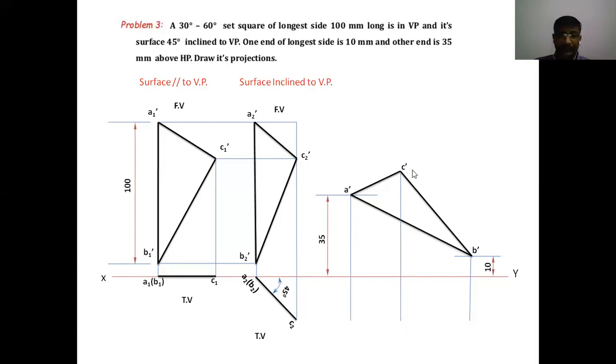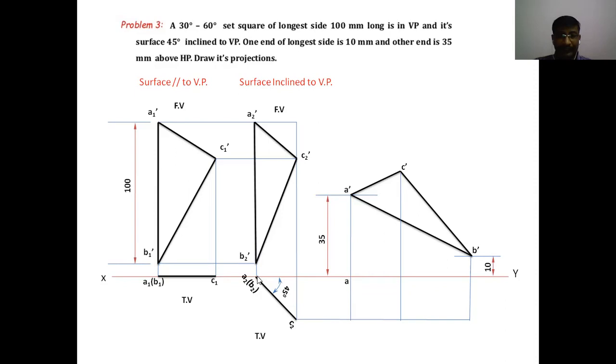Students, after drawing the vertical projectors, draw the horizontal projectors from the second stage top view, from C2 dash. Similarly, draw the horizontal projector from A2 and B2, which coincide with the XY line. Okay. Finally, we have to locate the points in the final stage top view. How to locate the points? The projector coming from the A2, on the XY line, and the projector coming from the A dash, whose intersecting point is located as A. This point is A.